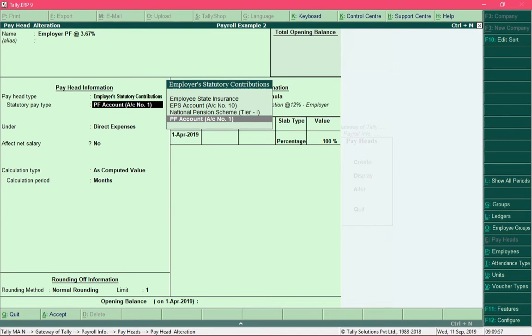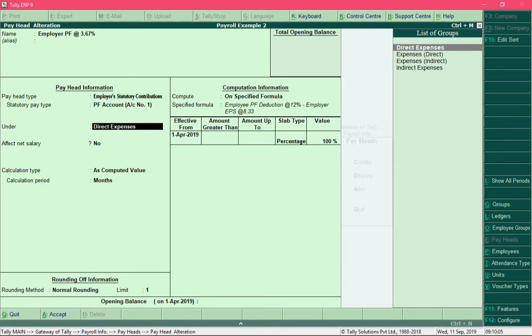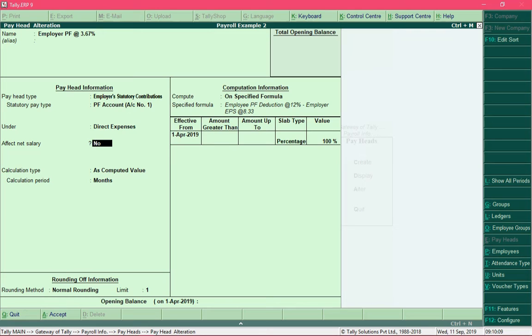So specify the option over here as PF account number 1 for the field statutory pay type. Any contribution is an expense to the organization, and this payhead does not have any impact on the net salary, so set this option to no. And the rounding method which I specified over here is normal rounding with a rounding limit of 1.